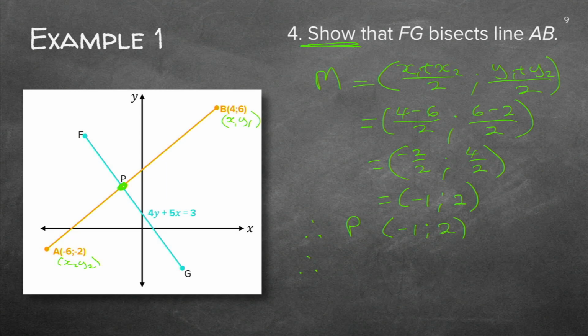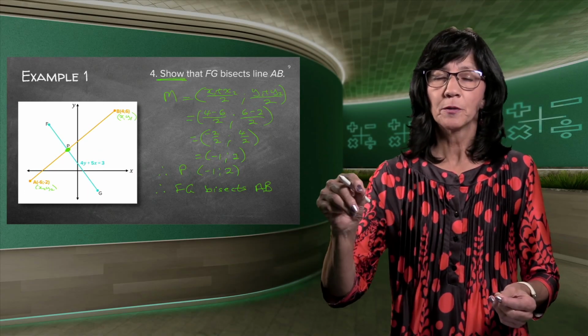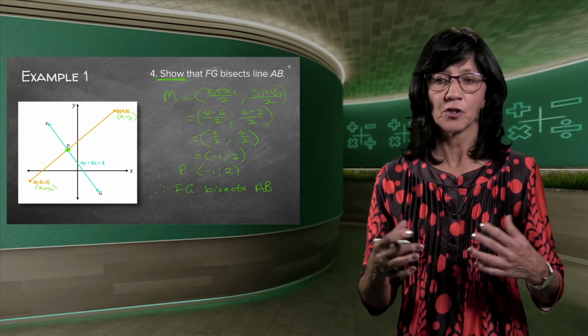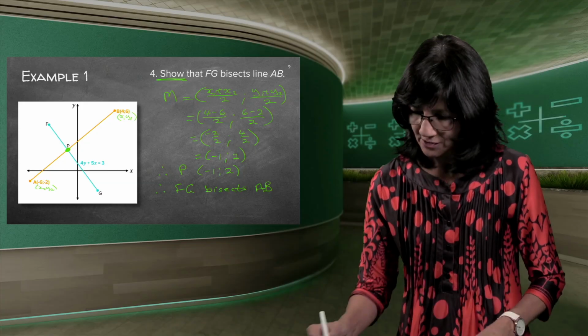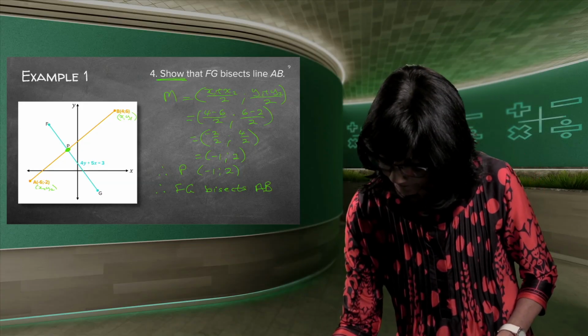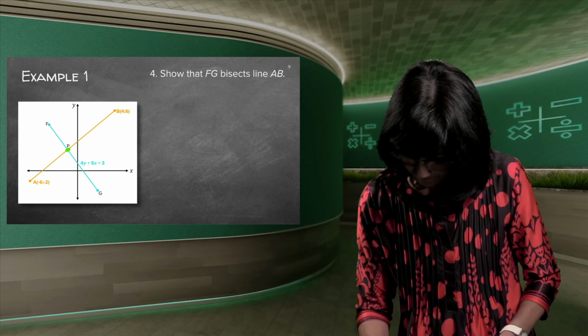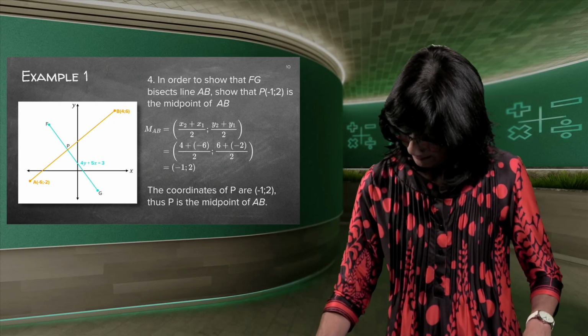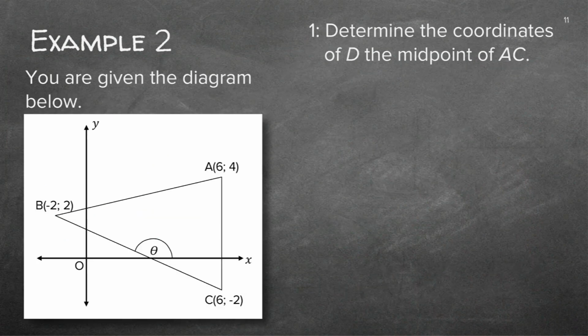Now you say, therefore, FG bisects, because that was the actual question. So you needed to test if you find the midpoint, if it is also the point P. If it was not equal to the point P, you would have said, no, it does not. That point P does not bisect the line. Good. You're going to do it all on your own again. And after you've done it, luckily, you can see the answer there. Very easy. There it is.